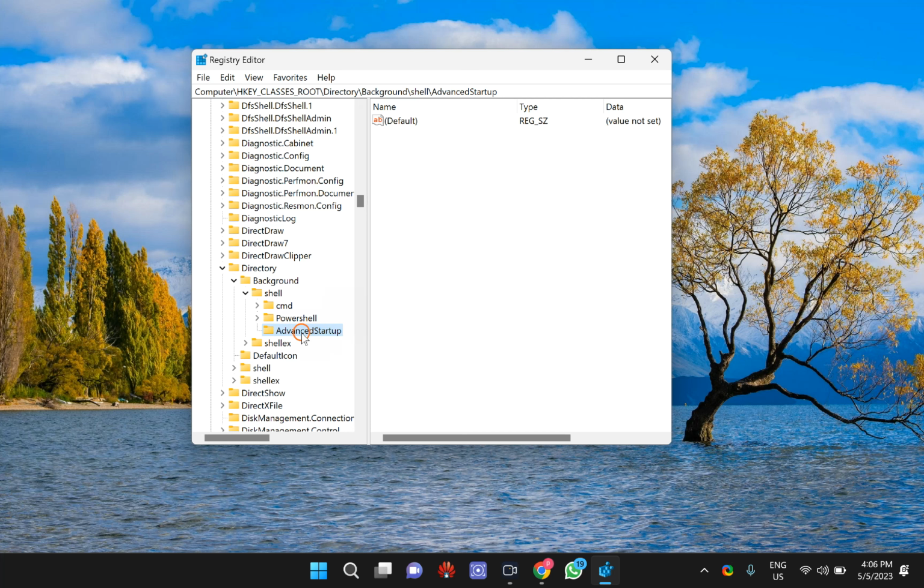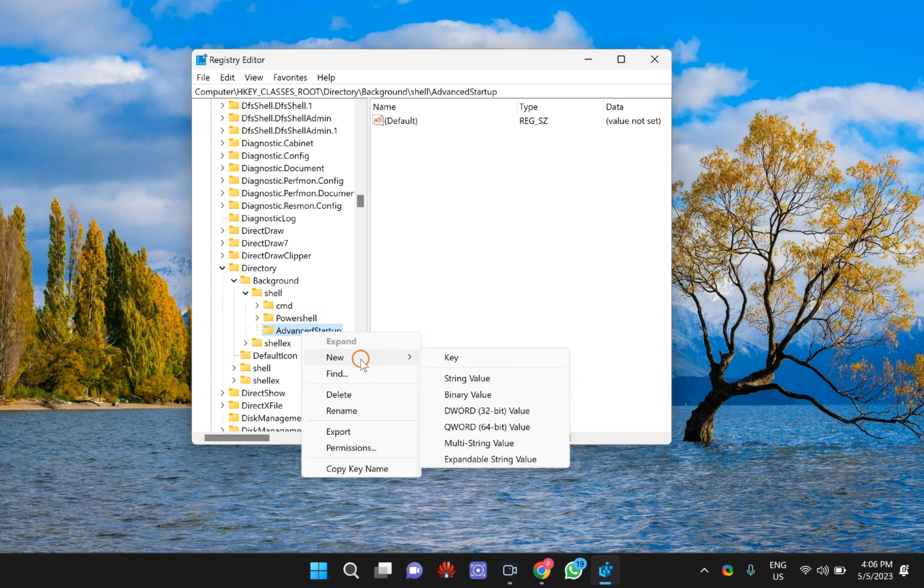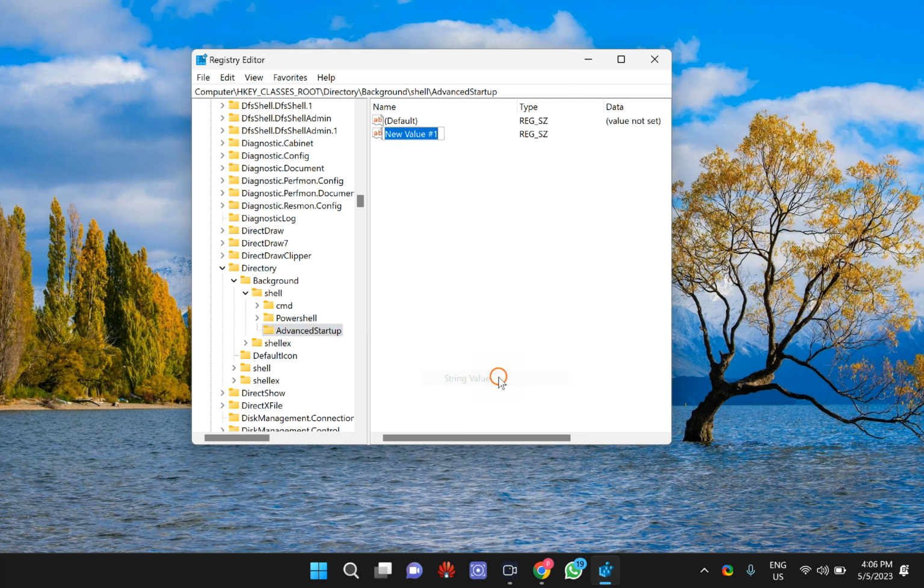Now right click on this advanced startup key and select New and then a String Value. Name it MUIVerb, and then click outside.